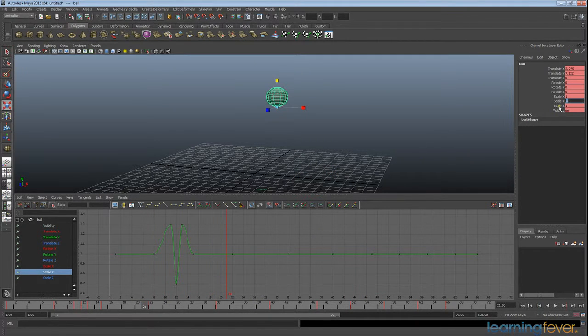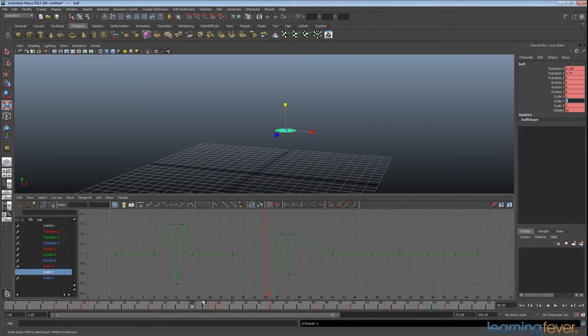So I'm going to go over here, and that's where the ball's hanging in the air, so we don't want to do anything there. We come back down, this is where it hits the ground next. So we're going to put in a value of, let's go with 0.8 this time. And again, if we go a frame back and then put in the opposite of 0.8, which is 1.2, and then a frame after it, put another 1.2, and then we go a few frames back, and then just